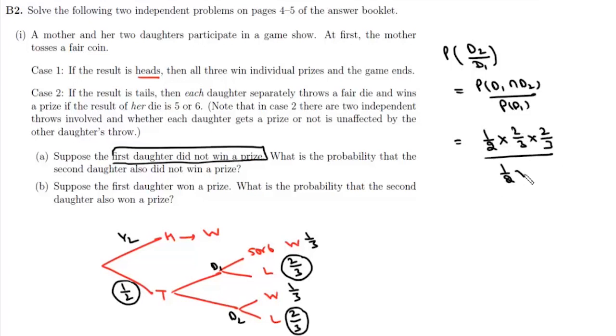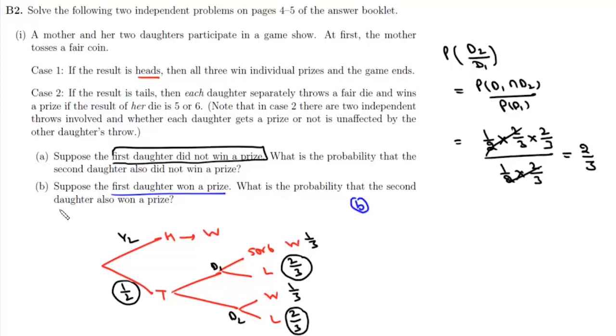Again, it will be 1 by 2, and she won't get a prize with probability 2 by 3. So we'll cancel. So the answer to this first part is simply 2 by 3. So if the first daughter did not win a prize, the probability that the second daughter will also not win a prize is 2 by 3. Now in part B it says, suppose the first daughter won a prize,